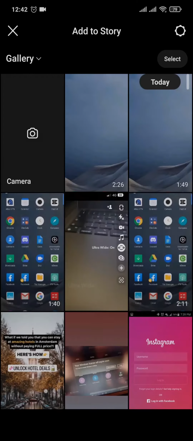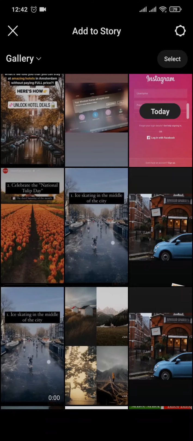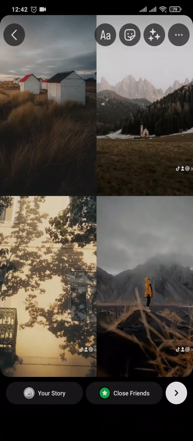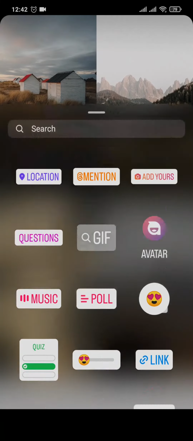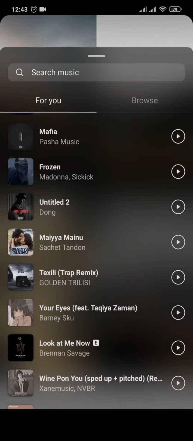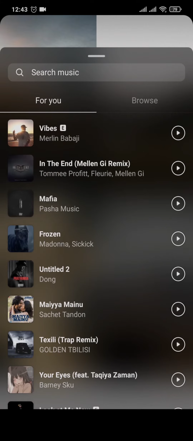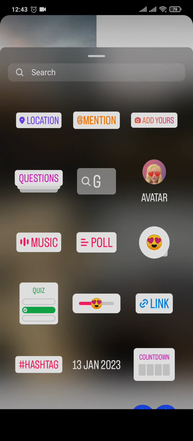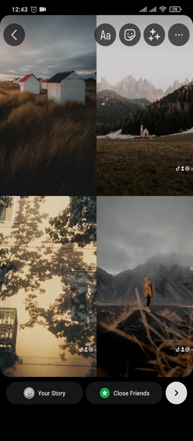When you tap on your story and maybe take a story or add in a picture or a video, you can tap on the stickers icon and tap on music. Some people can see an option which says saved right here, but others cannot. Now for the people who don't have this option, there is another way that you can add your audio to